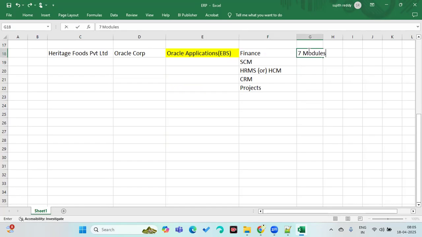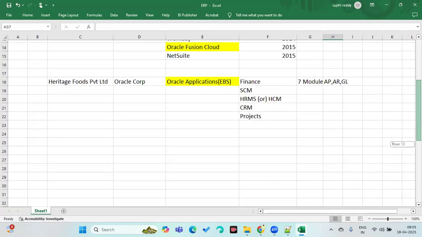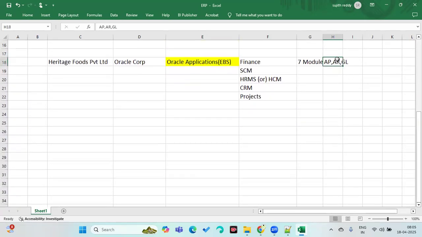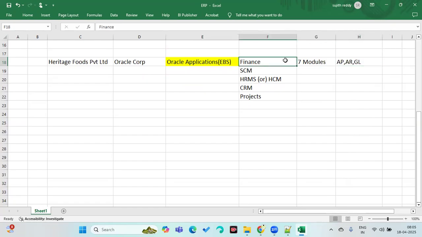Out of that, they want to use only the AP, AR, and GL modules: general ledger, payables, and receivables. That is what they want to use.